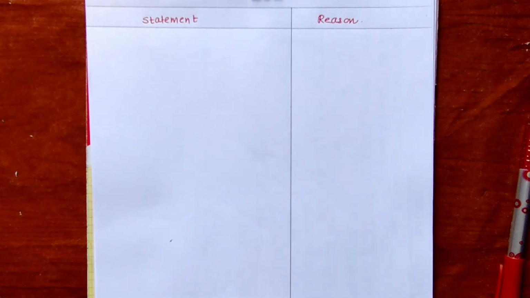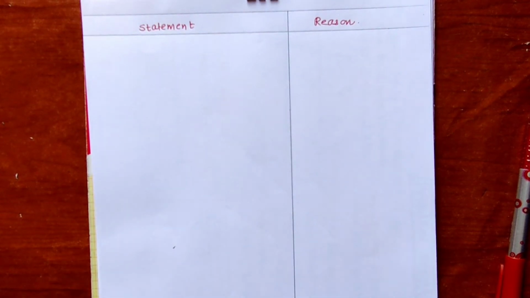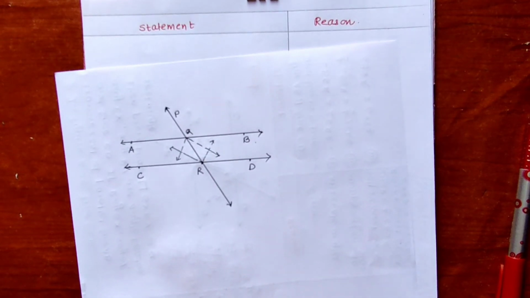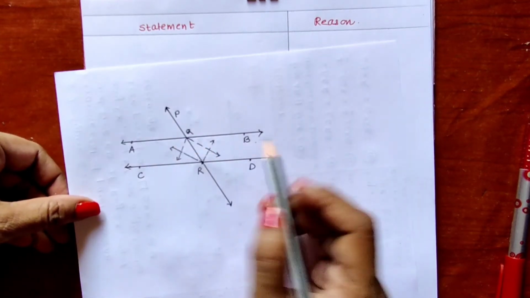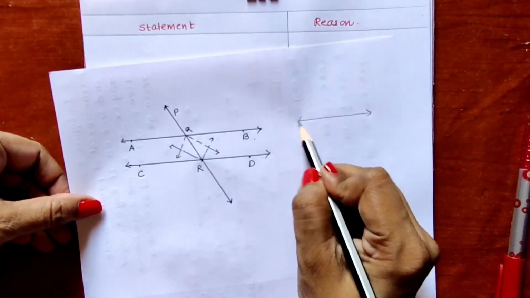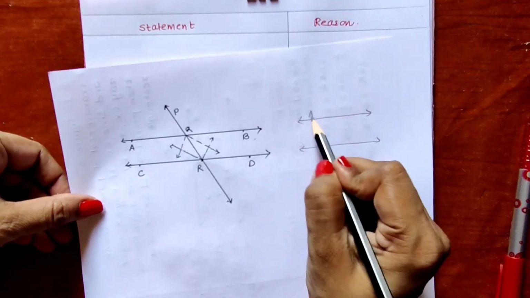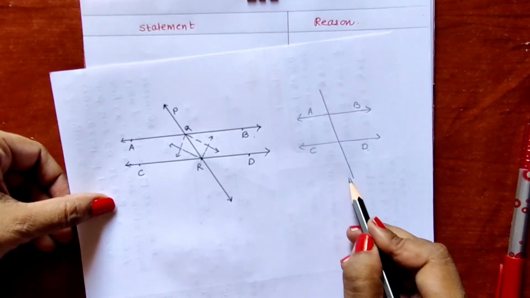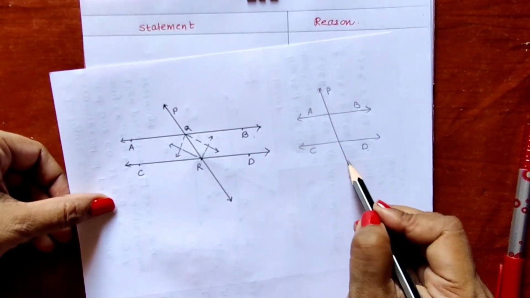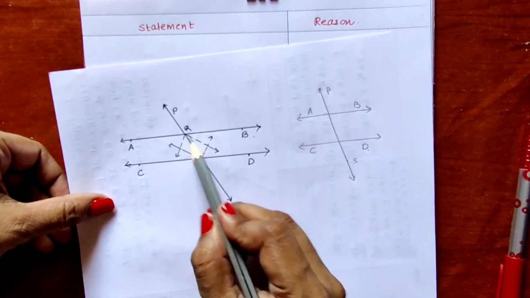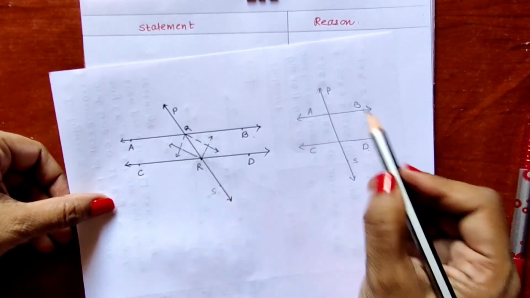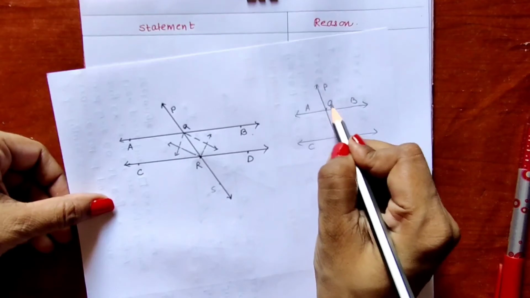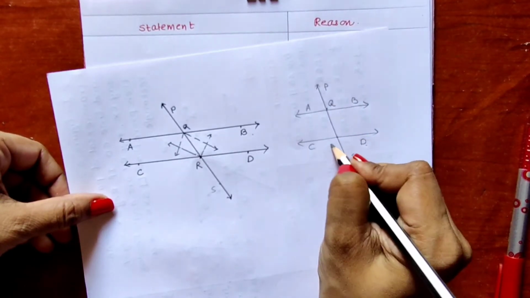I have made two parts for my proof, statement and reason. I have drawn the diagram on my page so I can explain properly. Let us first take two parallel lines, line AB and line CD, with line PS as their transversal. Right now we won't look at the bisectors; we will observe only these two lines and line PS, which intersects line AB in point Q and line CD in point R.